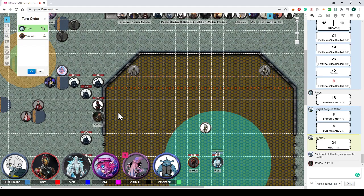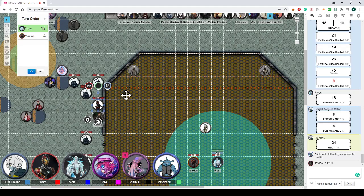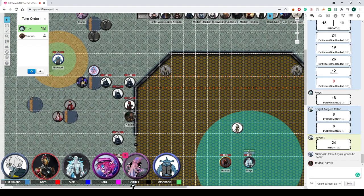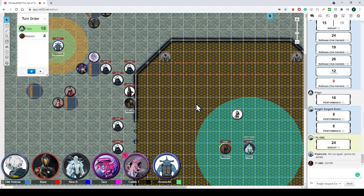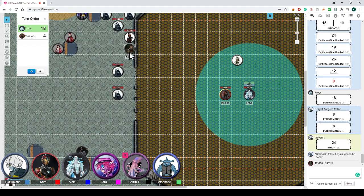However, anyone looking at the map may have noticed some stuff going on. While this battle had been going on, a member of the Seven Dragons had been paying keen eye, close attention to what was going on. And after a while, he took notice that this wasn't a fight. This was a farce. That you were just kind of dancing around each other and not fighting. And while you've said your little inspirational speech, he's made his way up to Adonis and has had a little conversation with Adonis. And you would notice as that happened